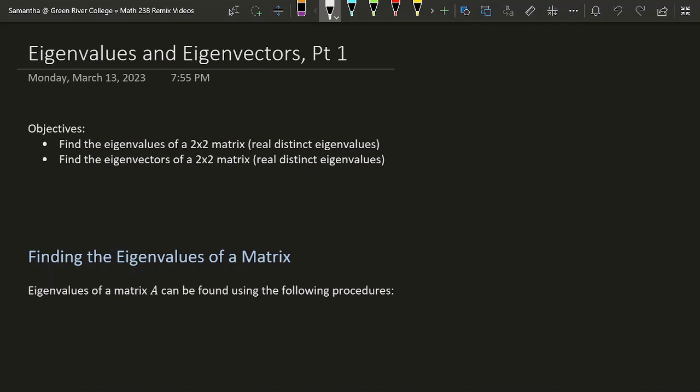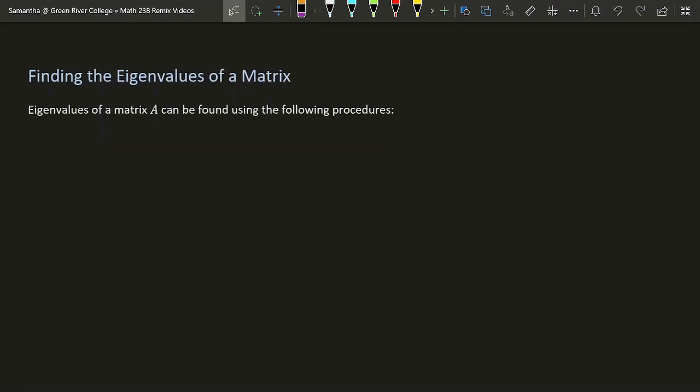In this video, we are going to begin to talk about how we find eigenvalues and eigenvectors of a 2 by 2 matrix, a matrix with 2 rows and 2 columns. I'm not going to go into any of the theory of why these procedures work. If you're interested in the theory, I recommend taking linear algebra. I'm just going to quickly go through the basic process, and we're going to get some practice using that process so that we can turn around as quickly as possible and go back to our setting of systems of differential equations and trying to solve those.